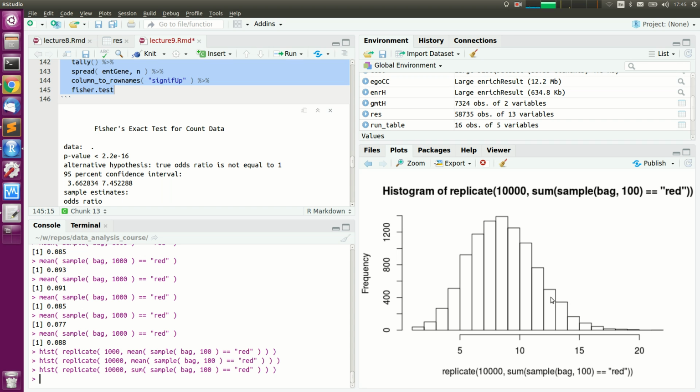So our bag, this is the quadrillionly many molecules which have been in the prepared library. The balls which you pull out are the reads that we actually get back from the sequencing. And the balls from the gene of interest, these are the